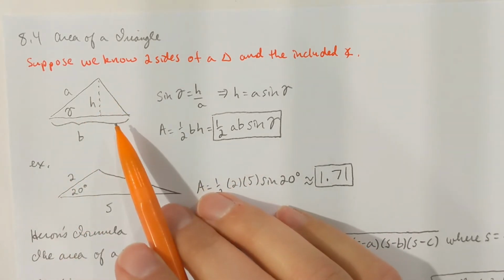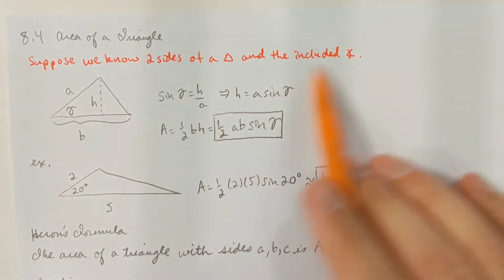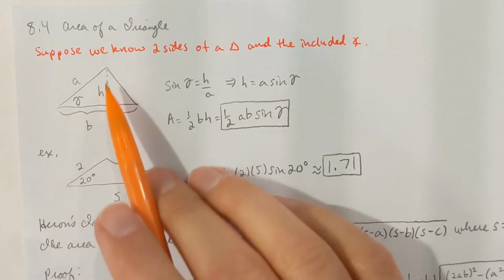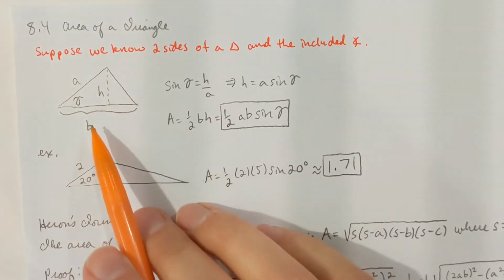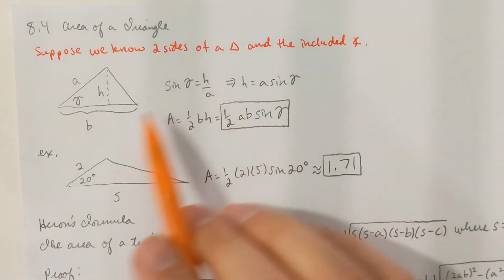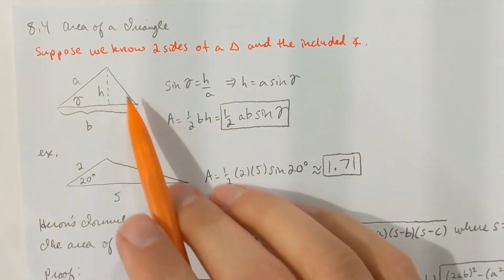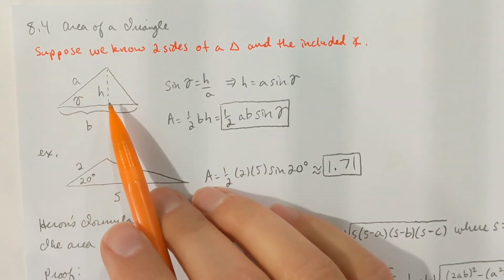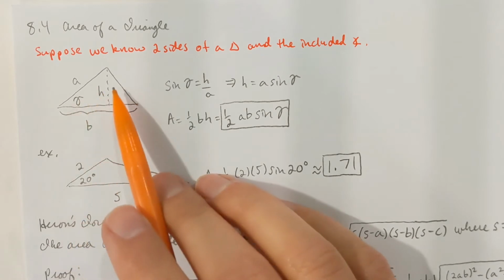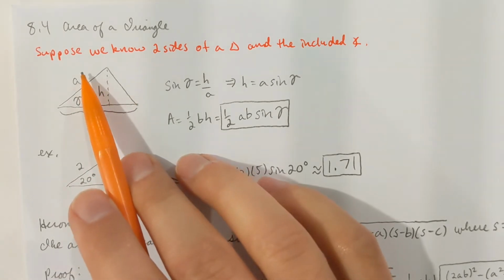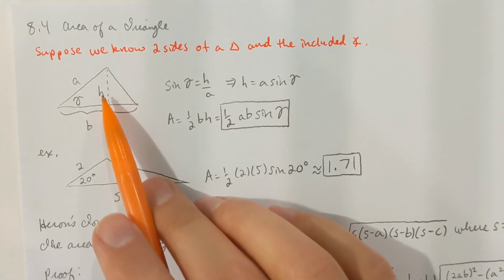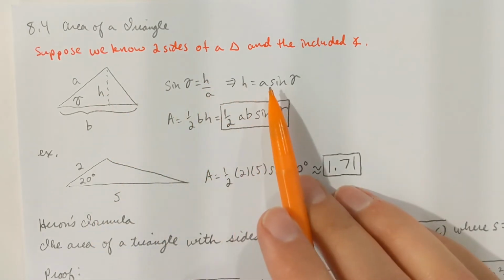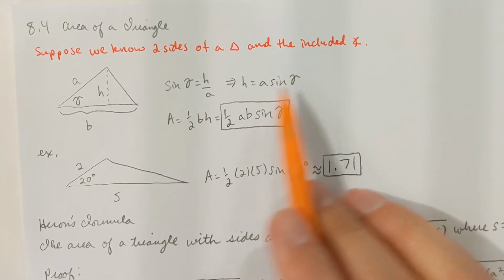Suppose that you have a triangle where you know two of the sides and then the angle between them. So like in this picture here, suppose that I don't know the height, but I know A, B, and gamma. Well, in this triangle, I've also created a right triangle, okay? And sine of gamma would be opposite over hypotenuse. And so again, I don't know the height. But if I were to solve this equation for the height, it would be A times sine gamma, which I